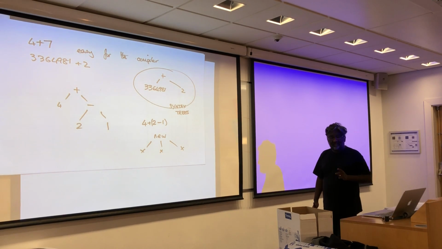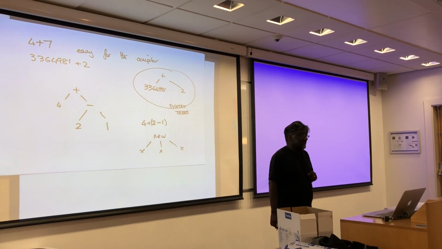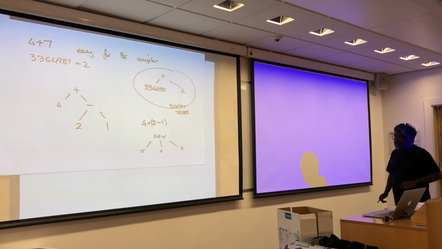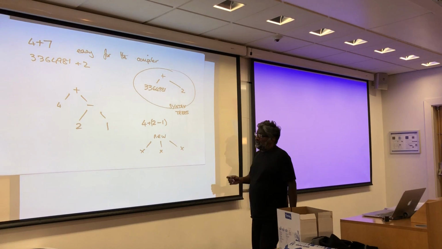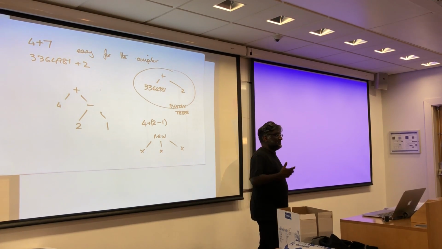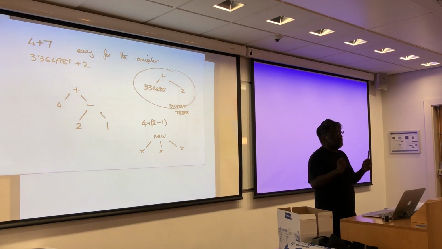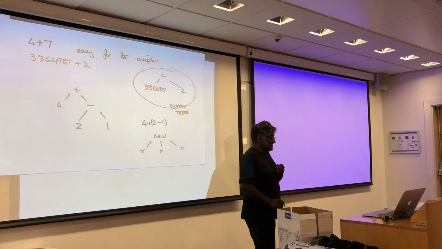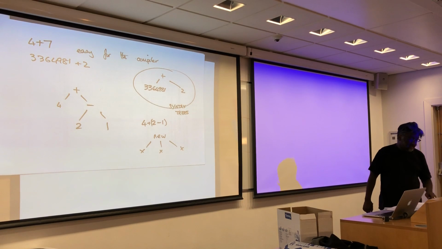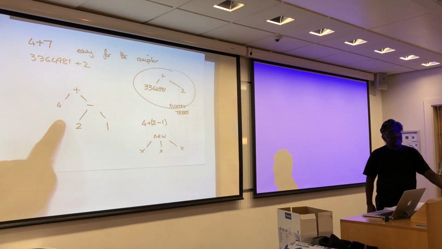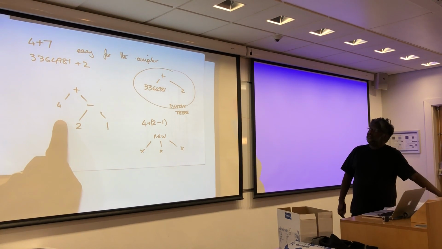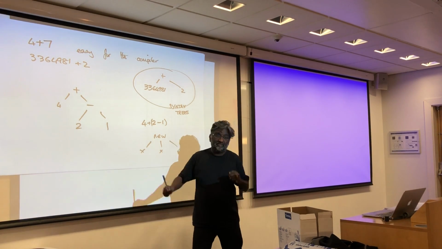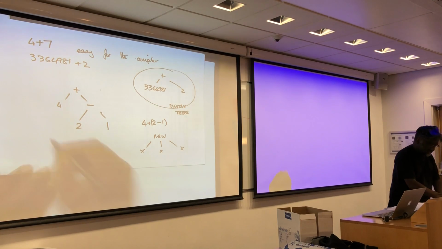The only other thing I'm going to say, one more thing before I hand over to Connor, is what does the computer do with these syntax trees? Well, the main point about the compilers, interpreters, all these different things is they take programs and they do things to them. So they're going to have to take these syntax trees and do all sorts of different things to them. So for instance, you might in this syntax tree say, oh, I wonder what the value of that is. 2 minus 1 is 1, 4 plus 1 is 5. So the computer might have to turn this somehow into 5. So you could do evaluation,